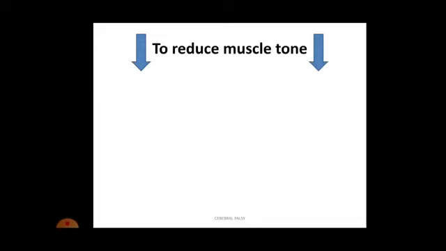So what treatments are possible for reduction of muscle tone? First is slow sustained stretching. For example, if the bicep is spastic, we have to give very slow and sustained elbow extension. Clear? So that is slow sustained stretching along with shoulder extension. Actually, we are stretching the bicep, but this stretching should be very slow in speed and sustained, maintained for at least 30 seconds or sometimes even more.